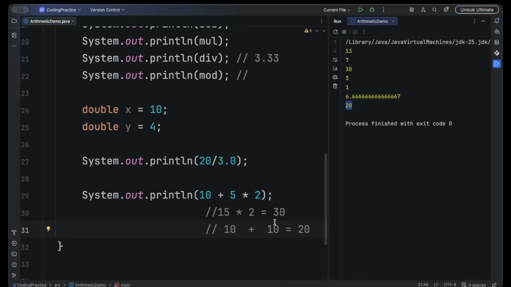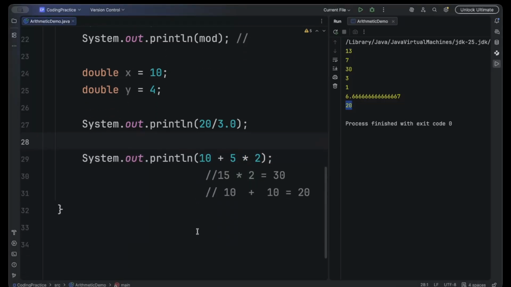So it gives 20, that is, it runs 5 into 2 first. So star executes before plus. So the output is 20. To know more about this precedence, there is a Java tutorial video on the channel. Please go through that. I'll also add the link in the description where I have explained the priority